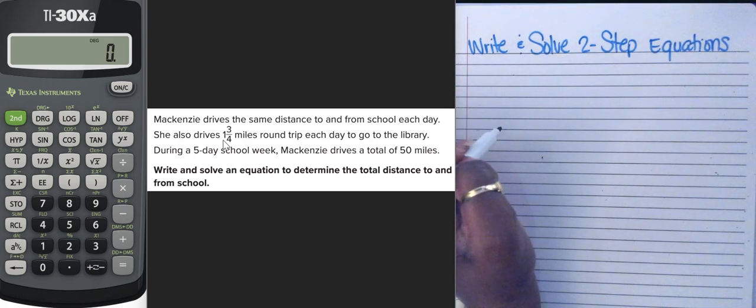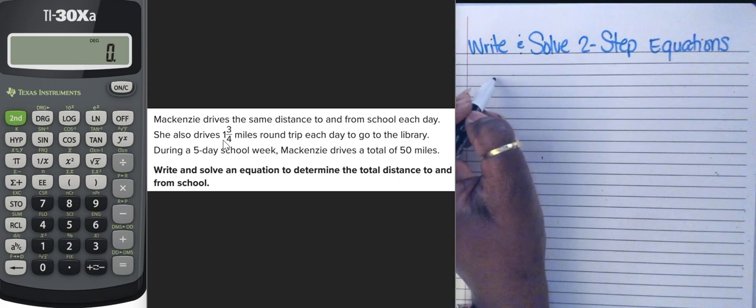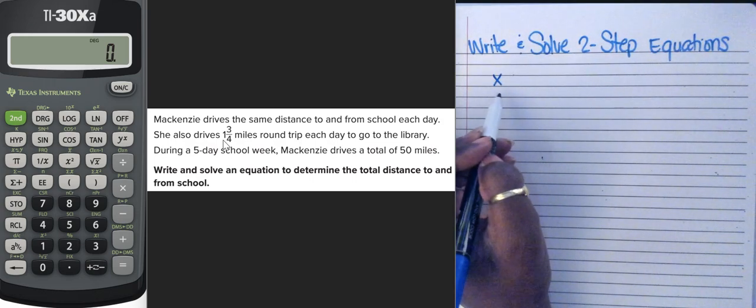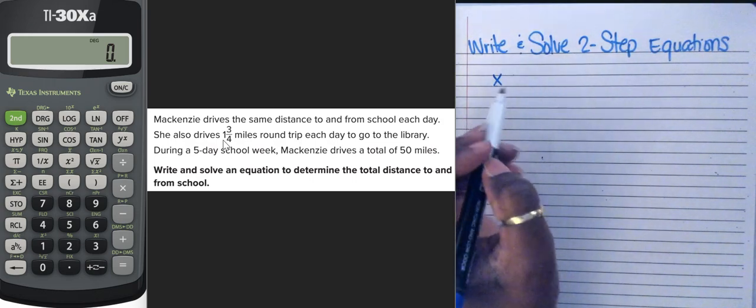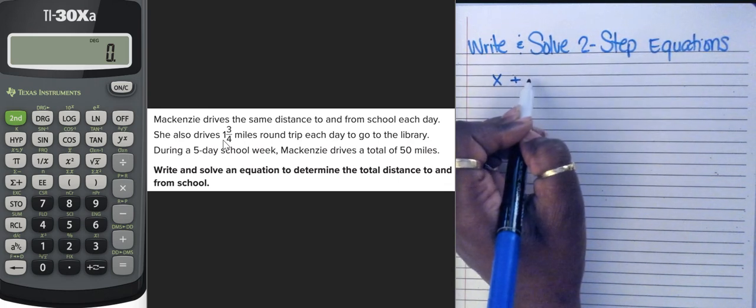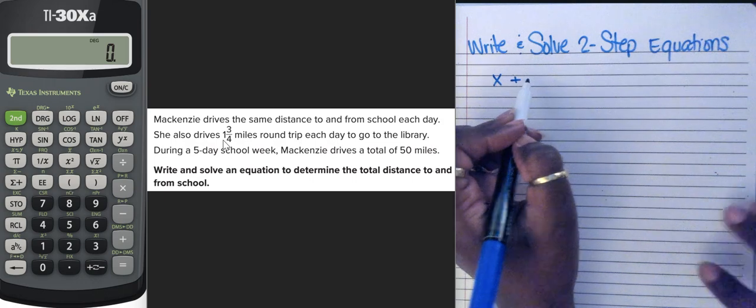This tells me she's driving the same distance to and from school each day. So we're going to call that X. That is the number of miles that she's driving to school and from each day. In addition to that, she's also driving, so addition, 1 3/4 miles. So remember that